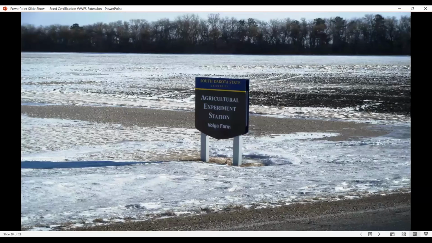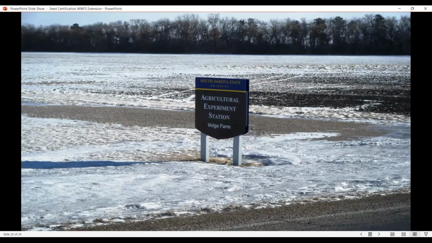Other things that the crop improvement has helped do with the funds raised from royalties is the purchase of land. In a lot of cases, since we're in a gray area between the university and being private, we can move at a fairly rapid pace when land comes up for sale. This is a picture of a quarter of land over by Volga, South Dakota that we purchased as a replacement for the tech park where the old agronomy farm was.